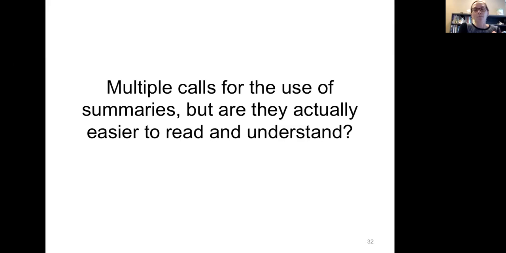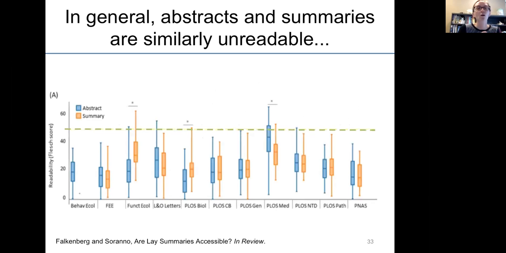So Laura Falkenberg really wanted to know, are they actually easier to read and understand? One thing she found was that in general, abstracts and summaries are similarly unreadable, even though summaries are supposed to be more easily read and more accessible to other researchers.